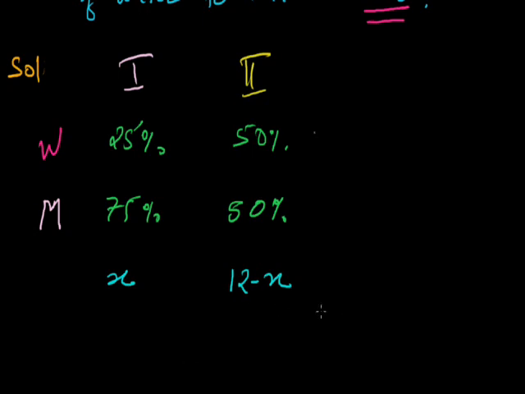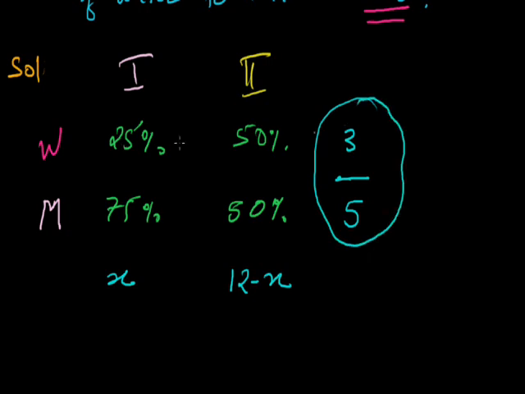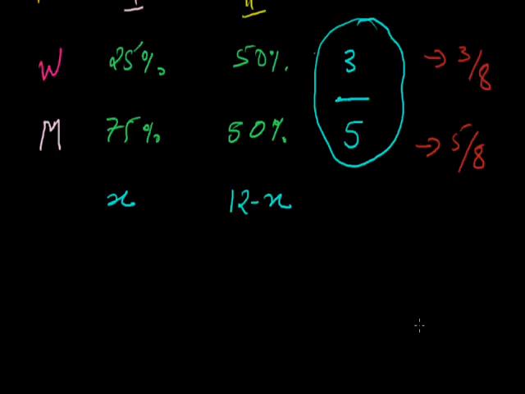Now after mixing these two, the ratio of water to milk will be 3 to 5 after the formation of the mixture, when we have added both types of mixture. Now here can I say that the water will be 3/8 part of the total solution and milk will be 5/8 part of the total solution. Now I can take any one of the equations. I can take water or I can take milk. Let me take water first, then I will explain with the milk also.